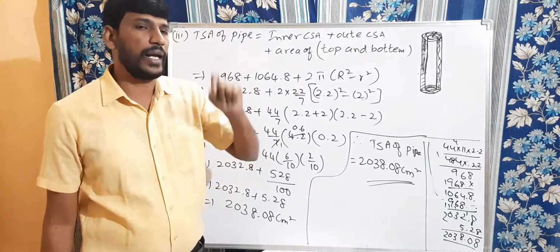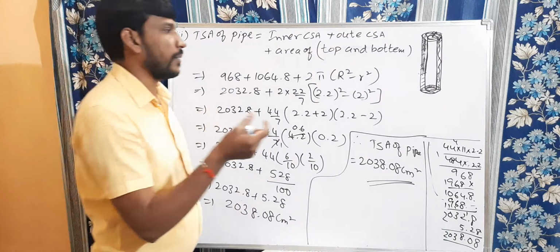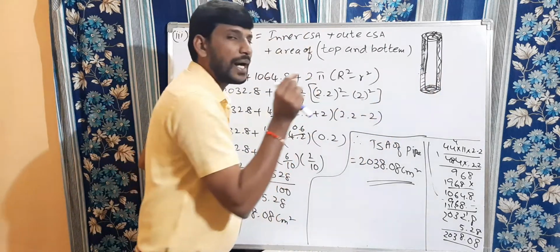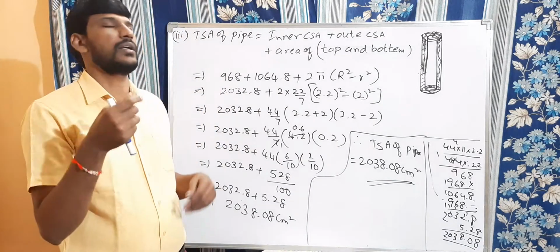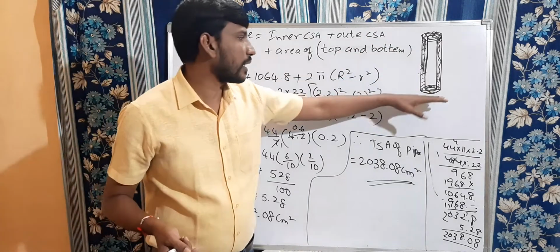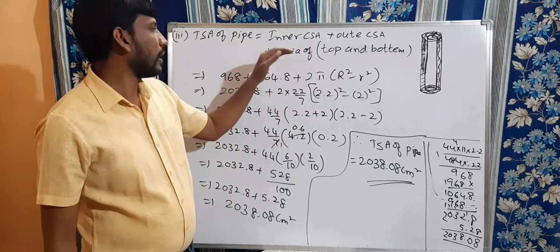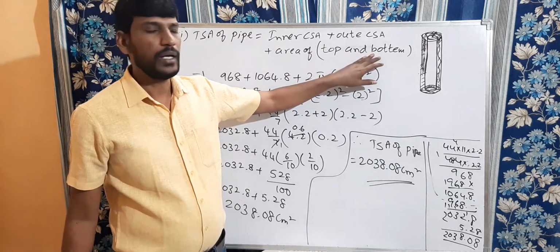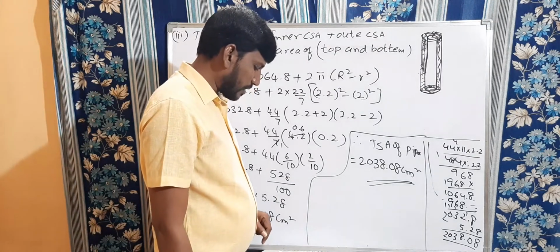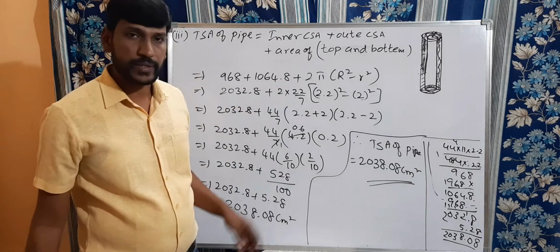So to find that radius, instead of finding the radius of that part, we can find the area of this middle part. The thickness, that is in terms of a ring, also we need to add to find the total surface area. Top and bottom areas we should add for both. So then area of top and bottom. Clear? So now you will get the answer. Clear, my dears? I hope you understood that. Please copy this.